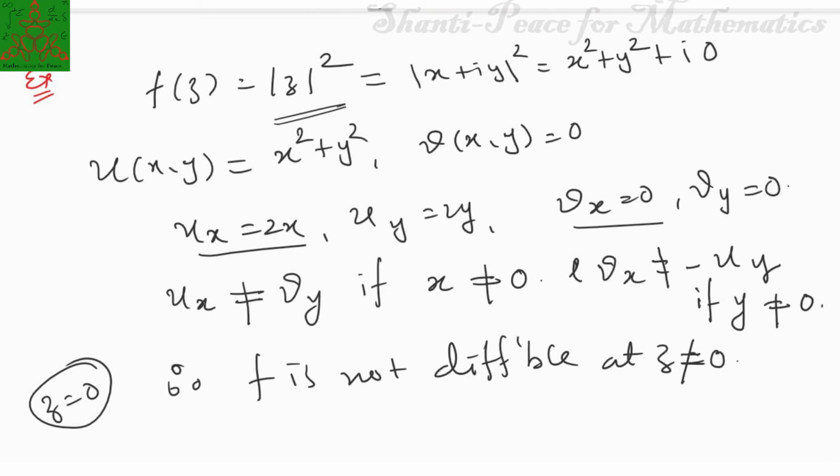So let us recall what we did in this video. We have discussed the necessary condition for differentiability. It says that if the function is differentiable, then the CR equations have to be satisfied. The negation of that statement says that if the CR equations are not satisfied, the function is not differentiable. With the help of that, we have solved certain examples. The converse of this result is not true, which we also discussed: if the CR equations are satisfied, we cannot say the function is differentiable.